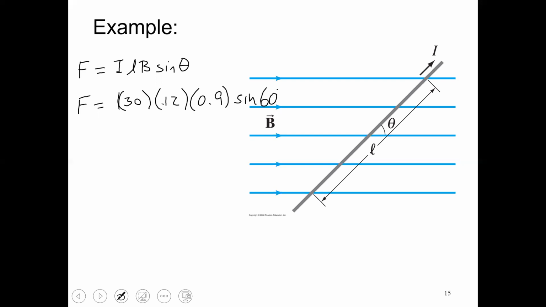So we're going to check that our calculators are in degrees and not radians. When I put all that information into my calculator, I should get force out in newtons. So when I put that information into my calculator, I get a force equal to 2.8 newtons. Pretty simple to use that equation that gives us the magnitude of the force that our current element is going to feel because of an external